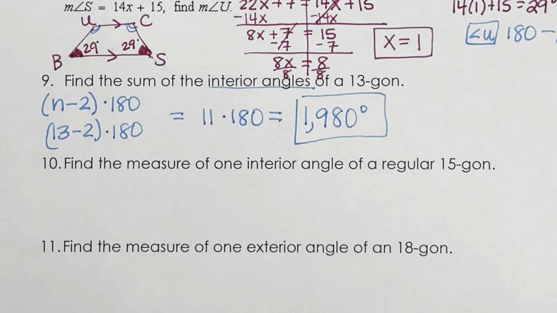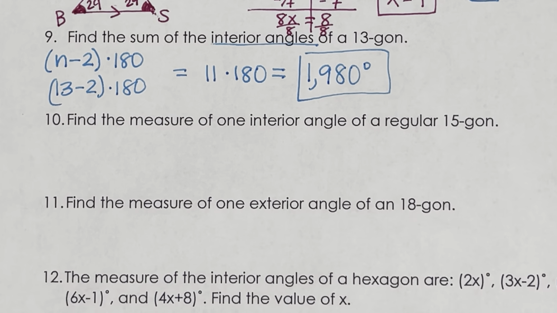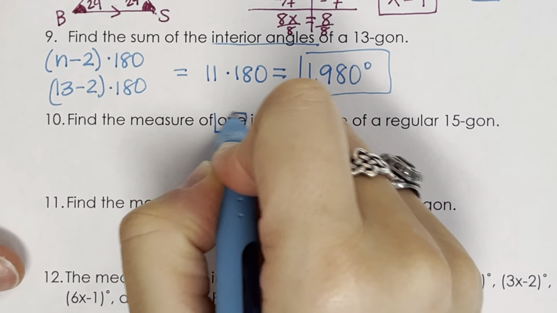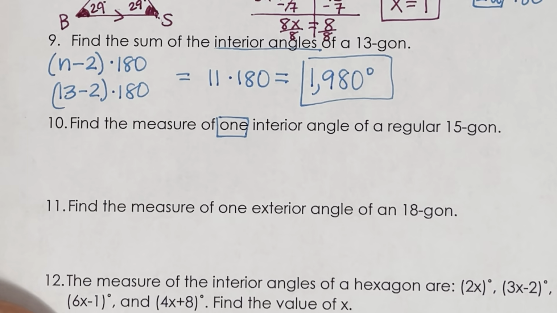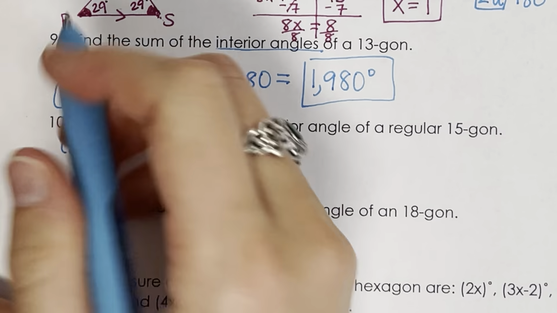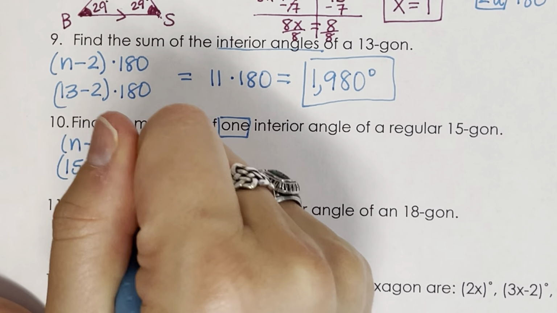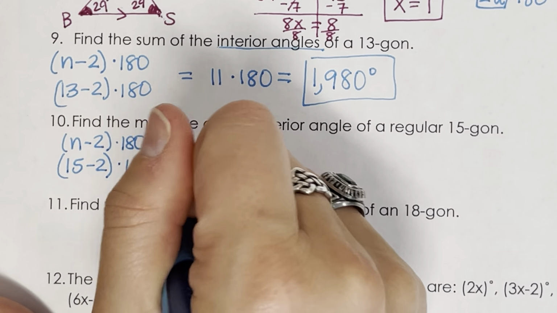I know that one was an old one, so you gotta kind of think back to remember that one. Number 10, find the measure of one interior angle of a regular 15-gon. So first I have to figure out the total for a 15-gon, and then to find the individual amount for each one, I'm just gonna divide by the number of sides, which is 15. So I'm going to do the same thing I did up here, n minus 2 times 180. So 15 minus 2 gives me 13, and 13 times 180 gives me